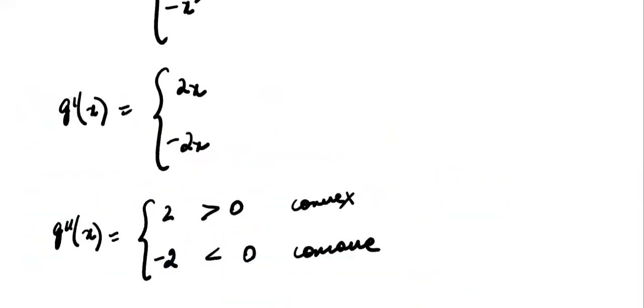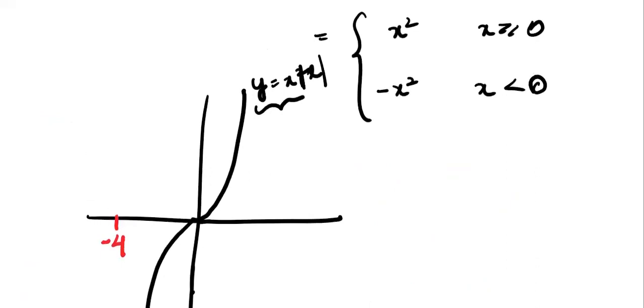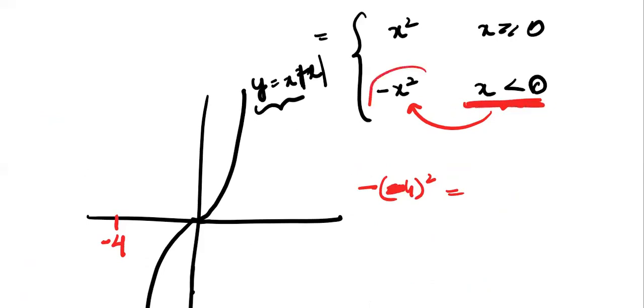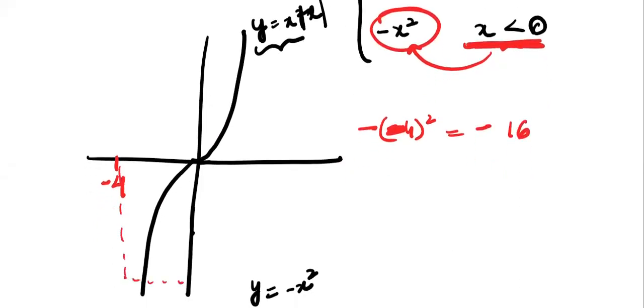Now we'll just see this. I'll explain what monotonic is. Suppose I take x equal to minus 4. If x is minus 4, you will put it in this function. When x is less than 0, you will put it in the function minus x square. So minus 4 whole square, it will be minus of 16. So the value of y will be minus 16.